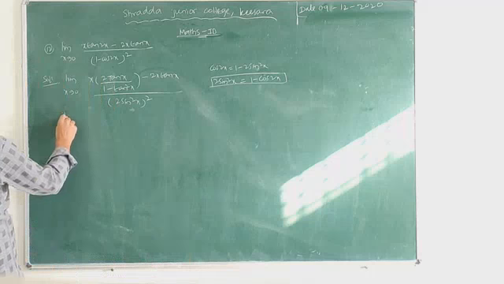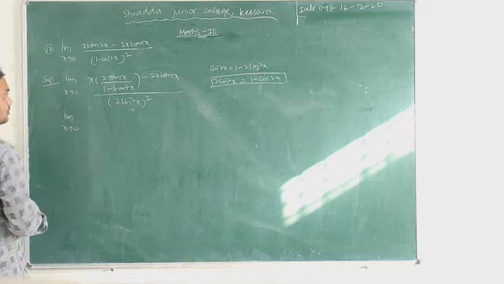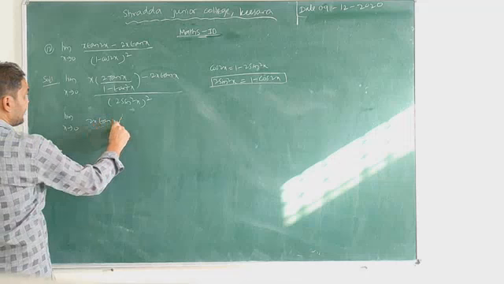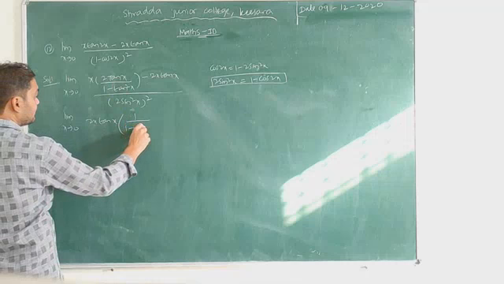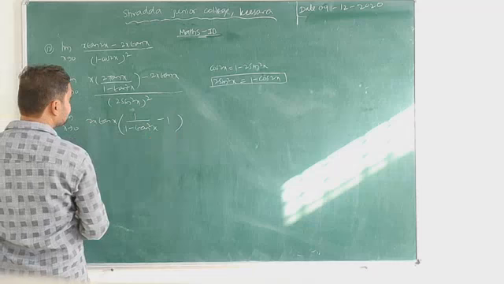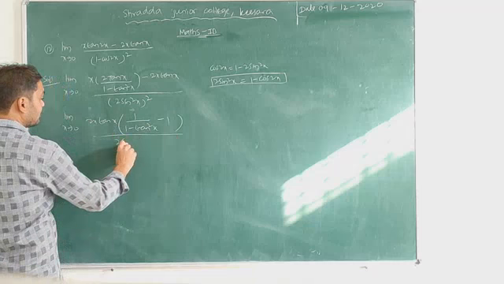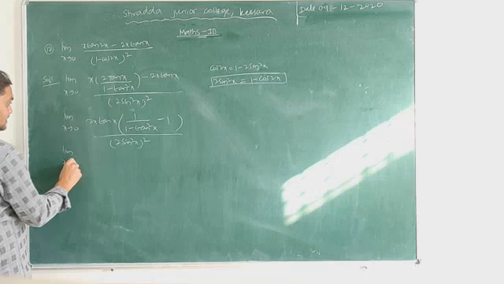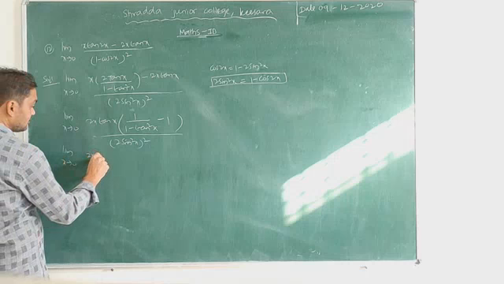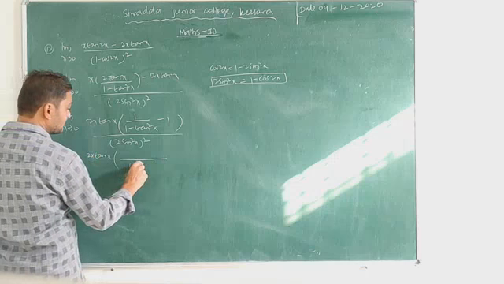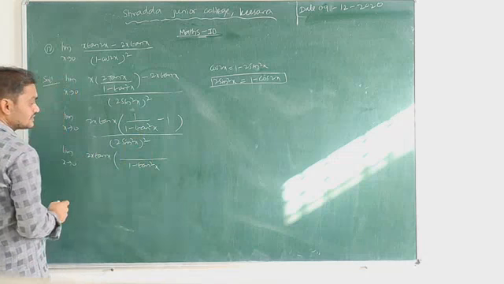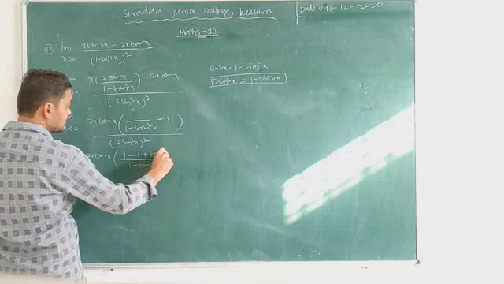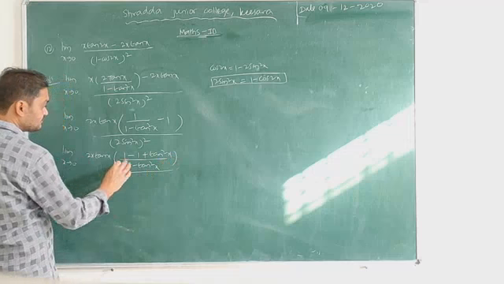Now see here, limit x tends to 0. What are we getting common here? 2x tan x. Then 1 by 1 minus tan square x minus 1 by (2 sin square x) whole square. Now limit x tends to 0, 2x tan x into, take the LCM here, 1 minus tan square x. Now see here, 1 minus 1, minus into minus plus tan square x by